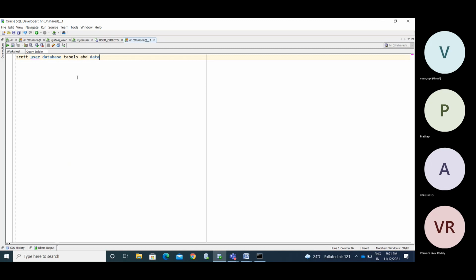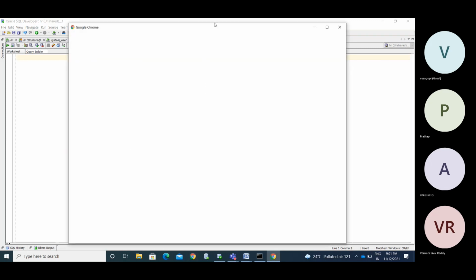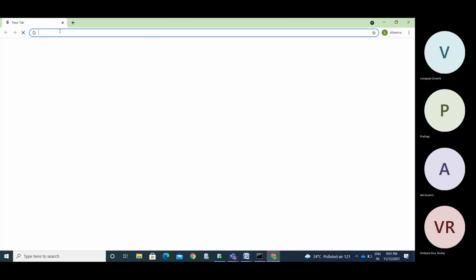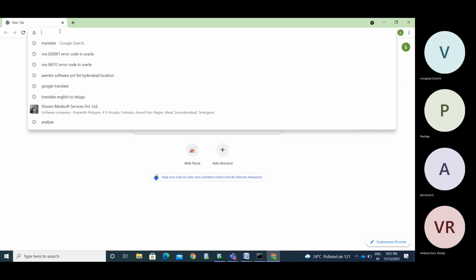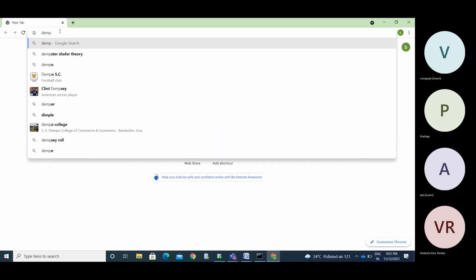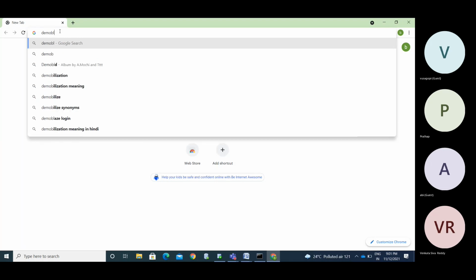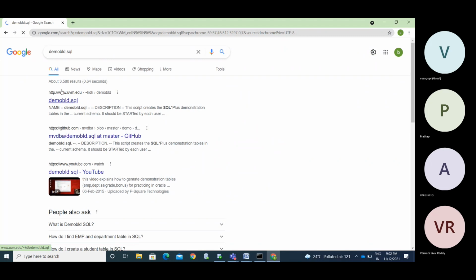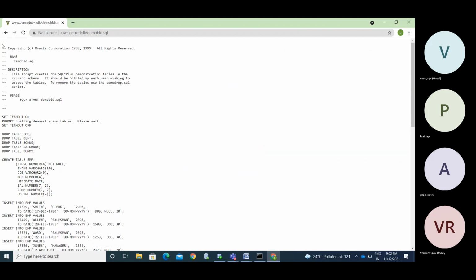It will build the tables. I'm giving the scenarios to work on. Search for demo bld.sql, take any one of them and take all of it.